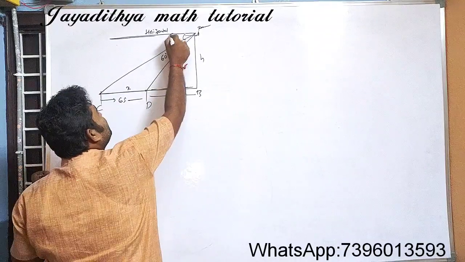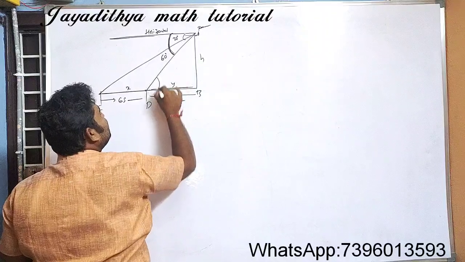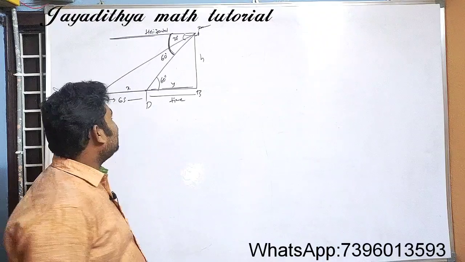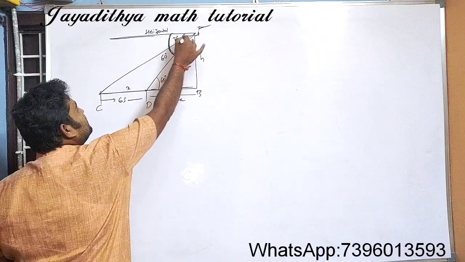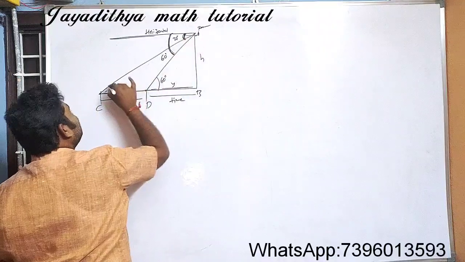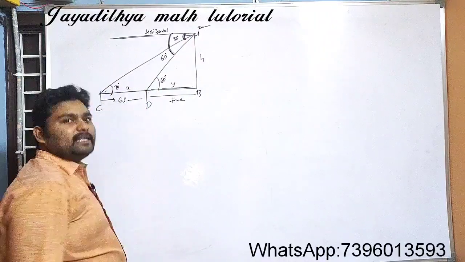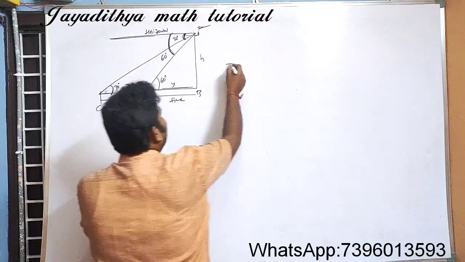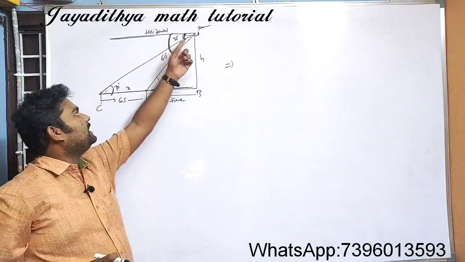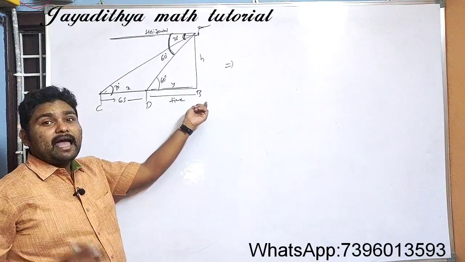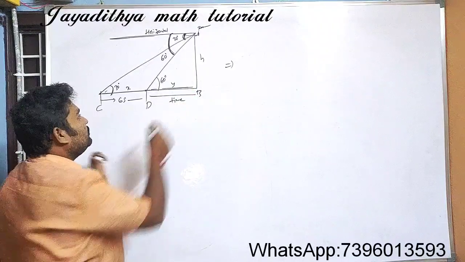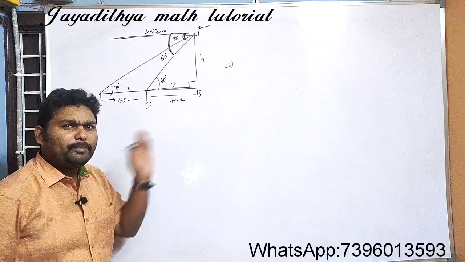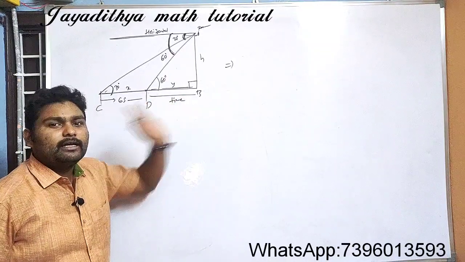Then you see here, if this angle is 60 degrees, this angle is how much? This will be 60 degrees. Why? Because both are alternate interior angles. If this is 30 and this is the transversal, here the angle will be 30 degrees. Clear? Yes. Now you can see two triangles again. ADB is one triangle, and every time you need to take another. So 90 degrees is here. In each and every triangle you should have 90 degrees. Keep that in mind.